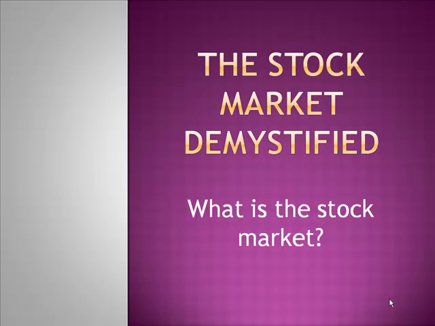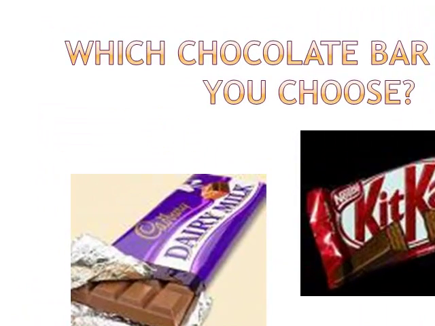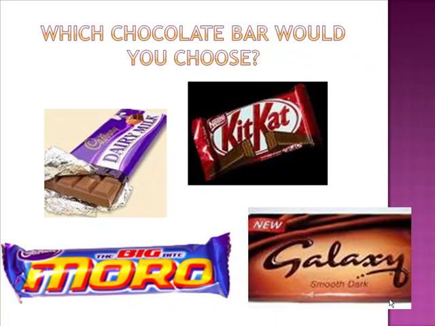So the first thing that I do when I'm starting in a classroom explaining about this concept is I bring in a couple of bars of chocolate. And I hold up these bars of chocolate and I basically say, well, which one of these would you prefer? We'll take, for example, a Dairy Milk, a Kit Kat, a Moro, a Galaxy, like I have up here. Now you can either choose to bring in these bars of chocolate or simply use the graphics that I have supplied. And usually you get a very good reaction, I like this one or I like that one. And what I would always invite teachers to do is say, well, which would you prefer and why?